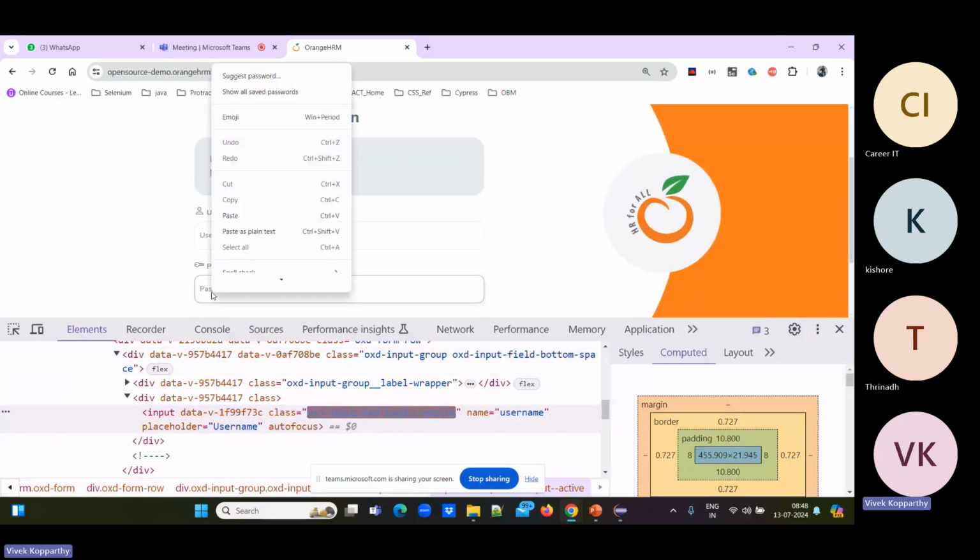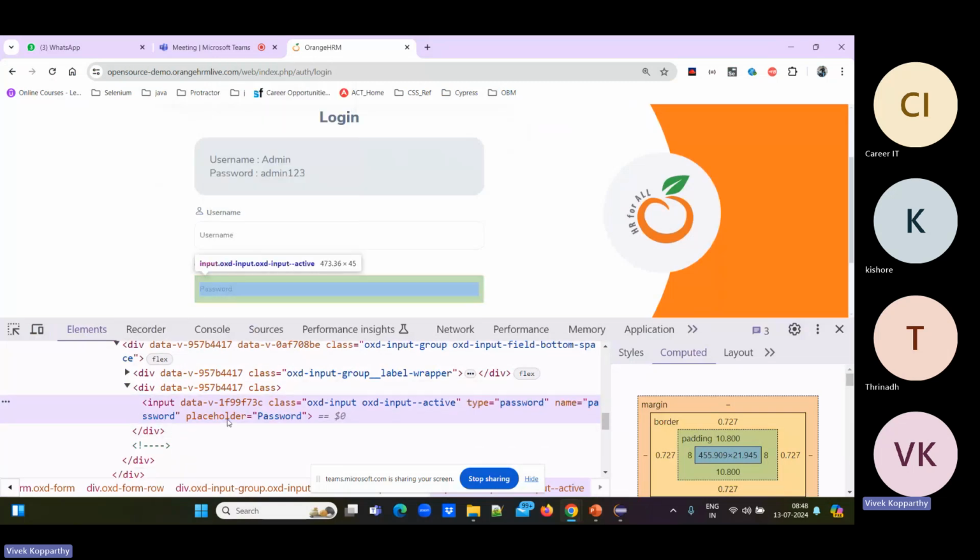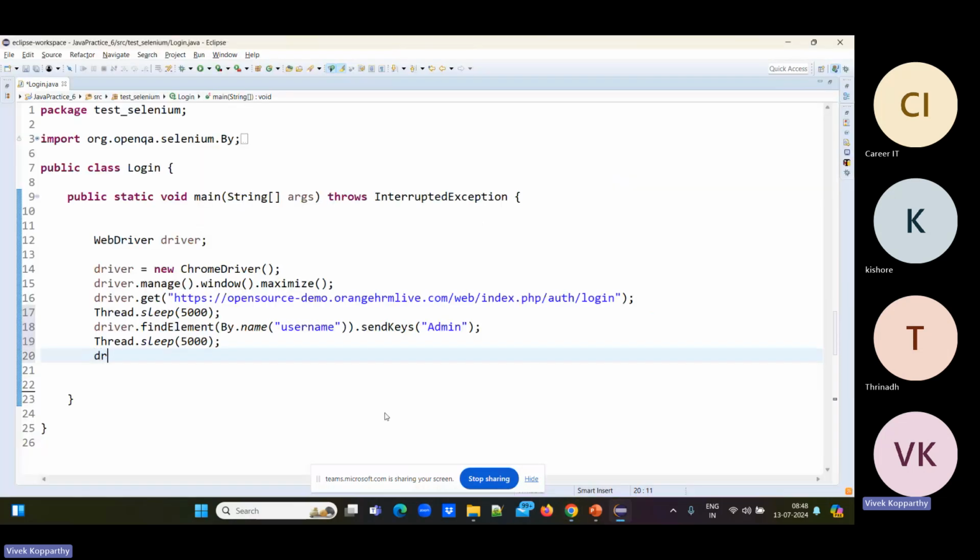Then I want to enter the password. Go there, right click again, and click on inspect. It highlights a tag with different attributes. It has a name attribute. Copy the value paired with this name attribute: name equal to password. Go there. Hello, Selenium. Hi, driver.